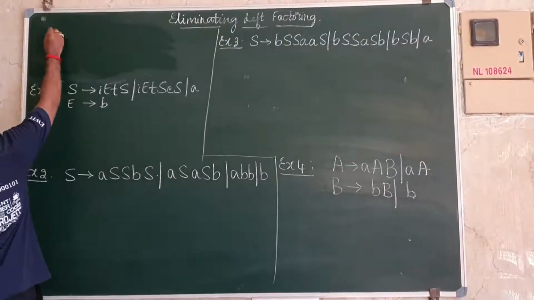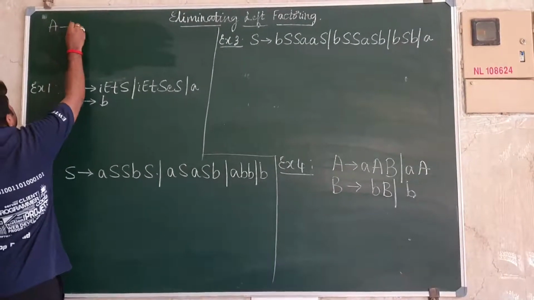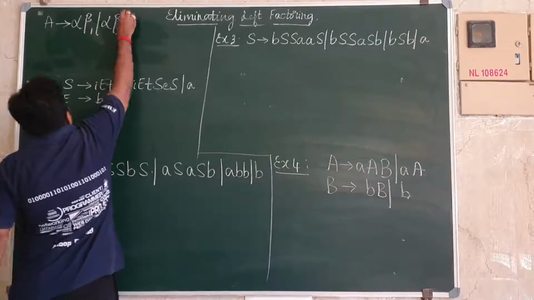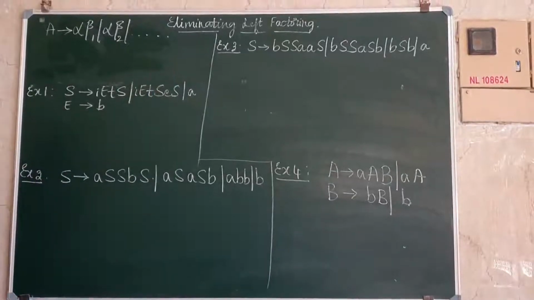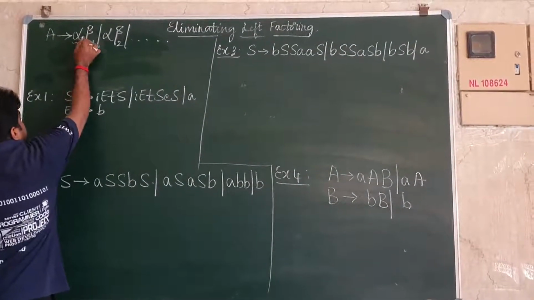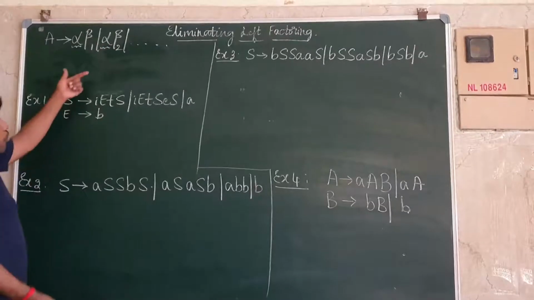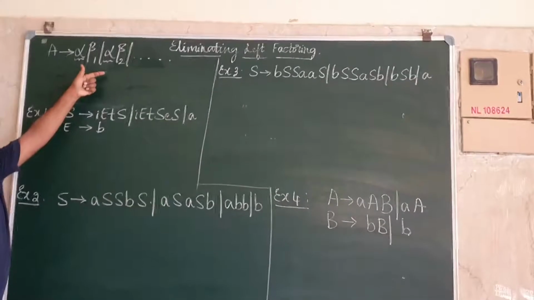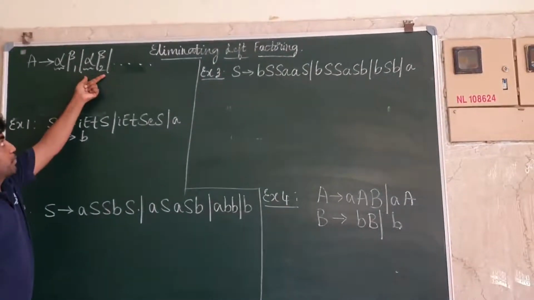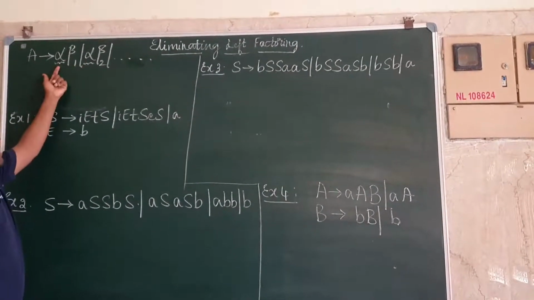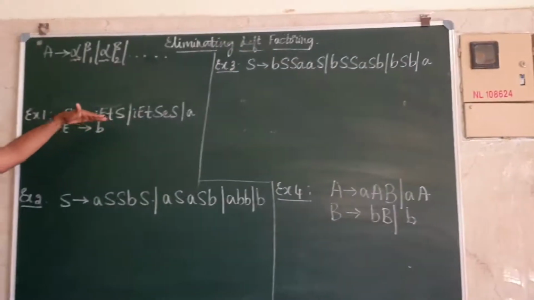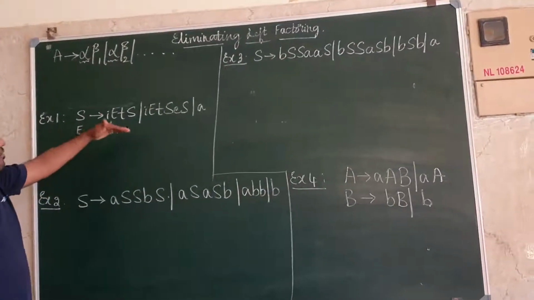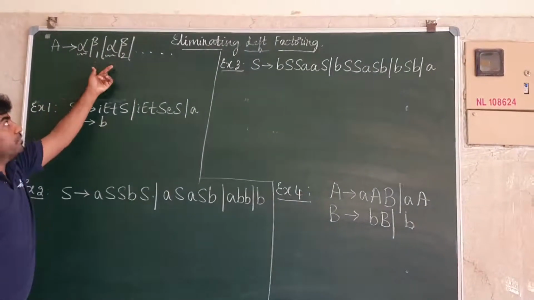Consider a grammar and so on. In these types of grammars, if there are more productions which start with the same terminal, then it leads to confusion whether to use this production or this production, as they start with the same terminal. So in order to get the string, if we use this one and we do not get the required string, what happens? We have to backtrack and use this one.